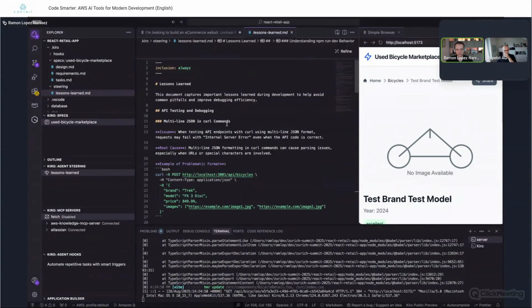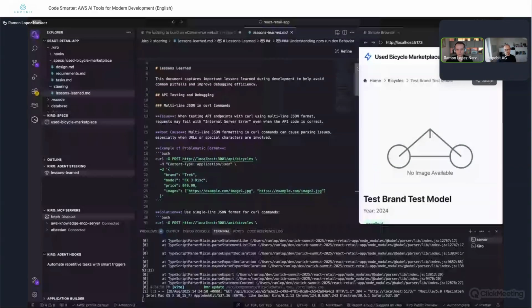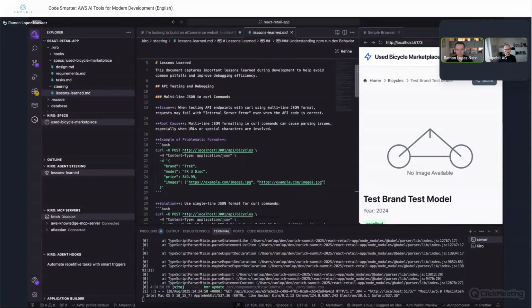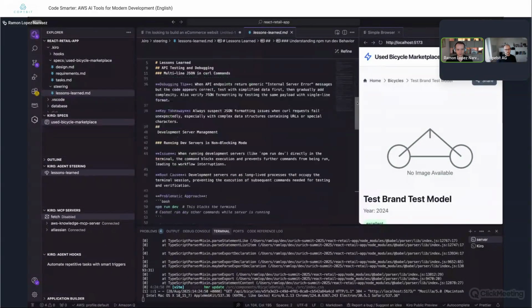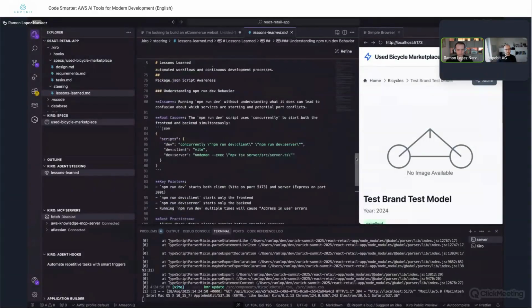This one I called Lessons Learned. When I implemented this application, I ran into a few issues, and Kiro made a few mistakes again and again. So I added this Lessons Learned file, and I actually told Kiro to add it. And I asked Kiro to write these lessons, and I'll go to this one at the bottom here.